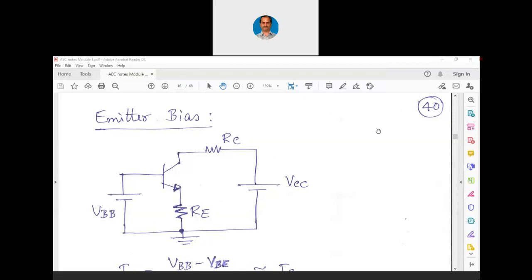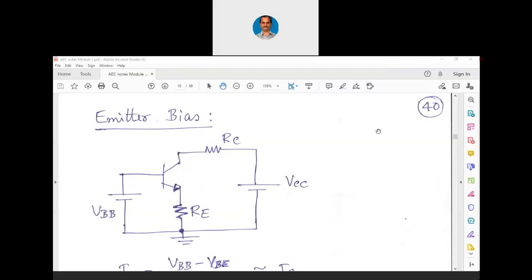And we need not have two power supplies as such, separated to the base and separated to the collector. The same power supply can be derived to the base also with the single connection. So that way we had seen the base bias circuit. But we had seen the limitation there in the base bias circuit is we will have to use beta for the purpose of finding out the quiescent point. And as I have been discussing earlier, even beta will not remain same for any two transistors, even though they are of the same type number.